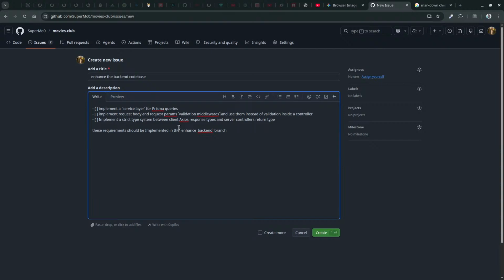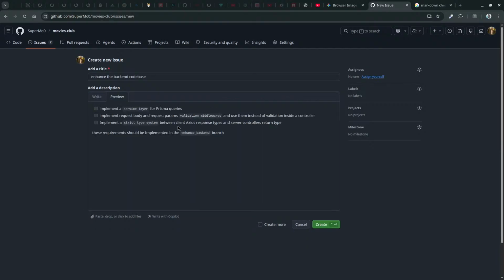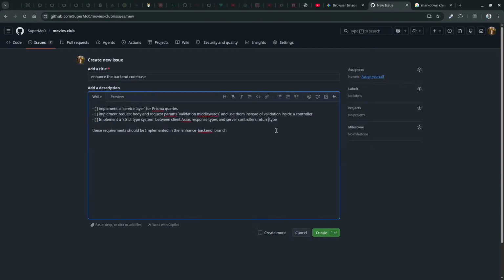Implement the strict type system between client and server JSON return type.